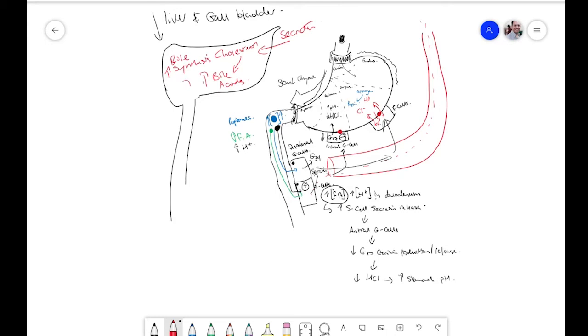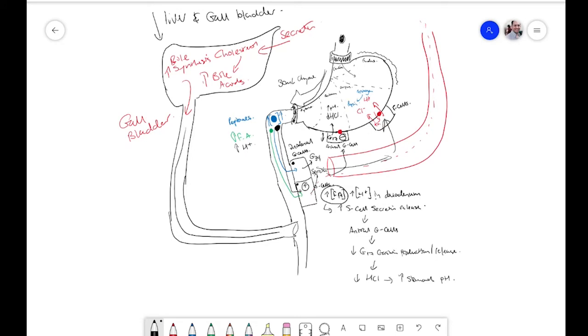Now, that bile is going to go to the gallbladder, and then it's going to come eventually back into the duodenum via the usual routes through the sphincter of Oddi. So,